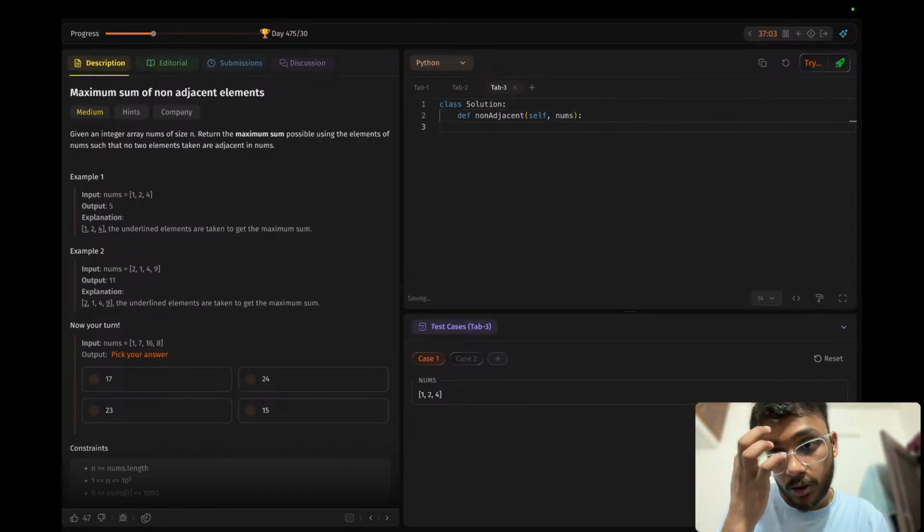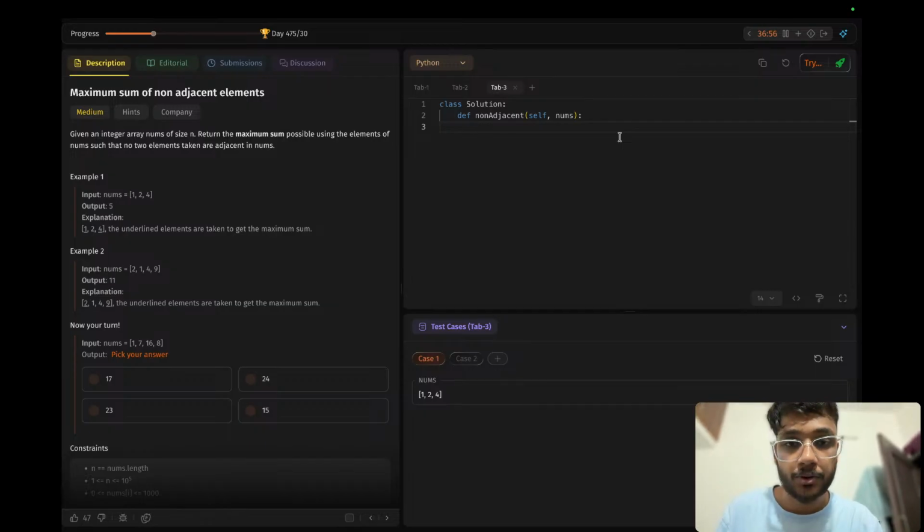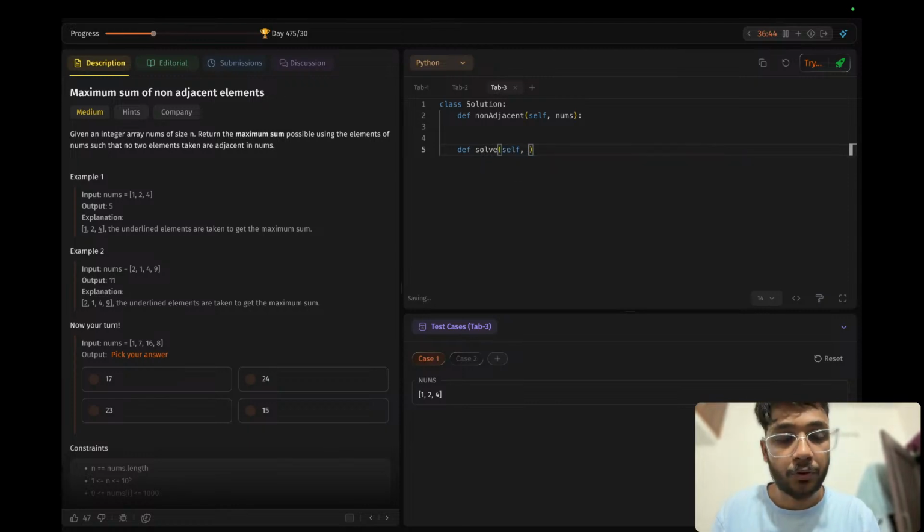Then I will follow the other approach, which is called the tabulation approach. Top down DP, bottom up, whatever you say. So here first I will define a function, which I always call solve, and I'm going to use the same index. That will be index, and taken. So taken means it's a flag where you have taken